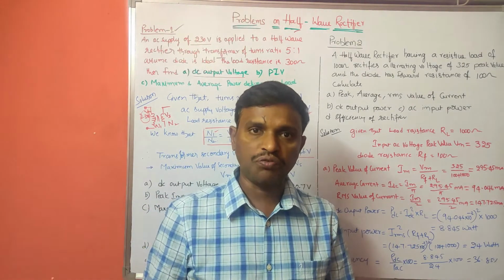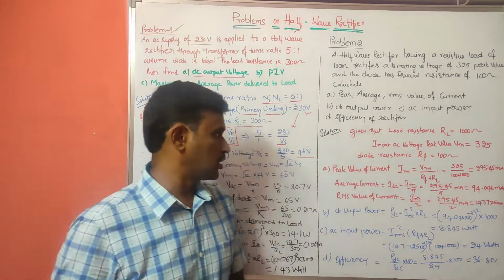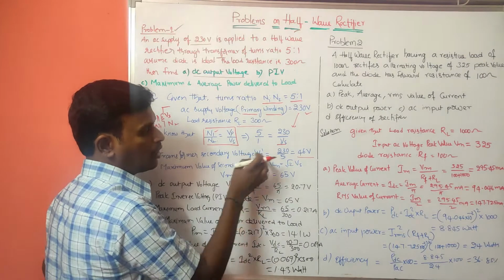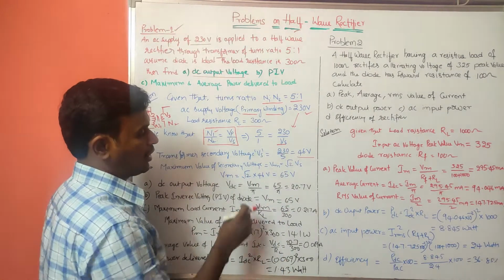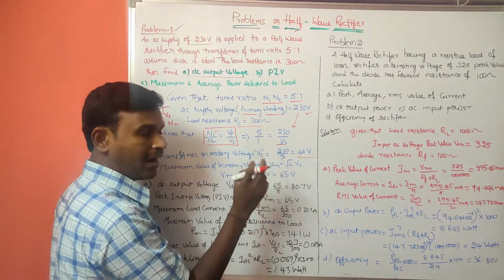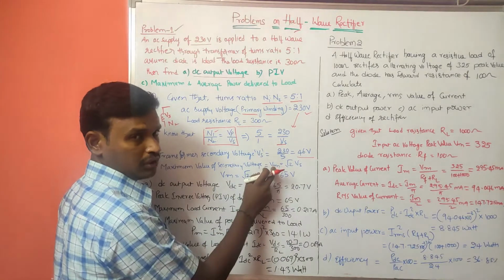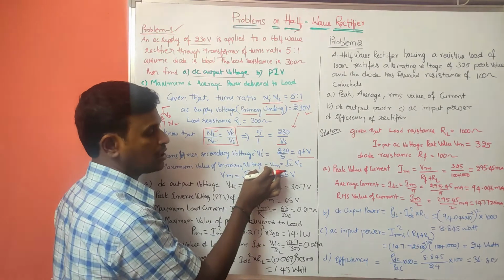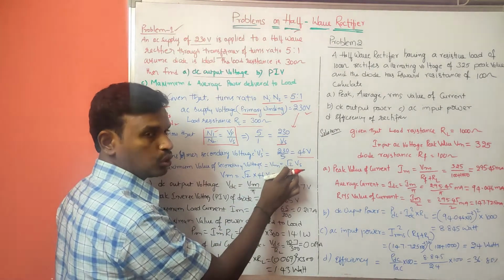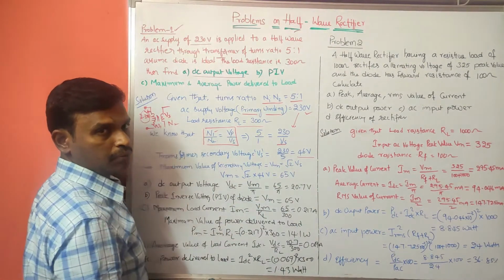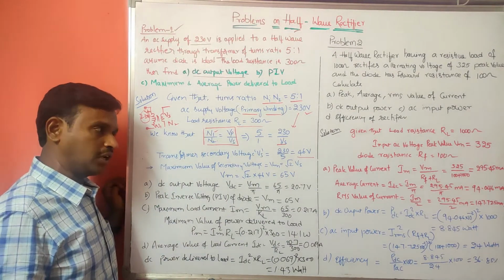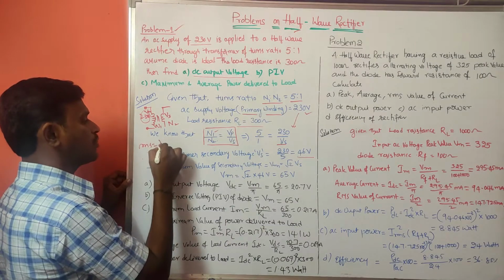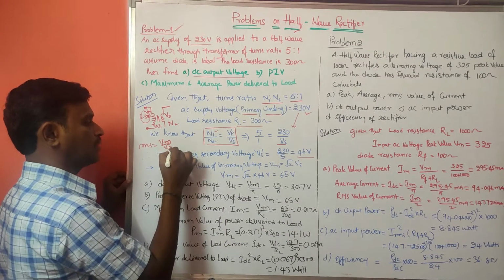So now we got the transformer secondary voltage, but we didn't get the peak value. The peak value is nothing but Vm. We have the relation between the transformer secondary voltage and the peak value, Vm. The maximum value of the secondary voltage is Vm is equal to root 2 times Vs. Generally, the RMS value is Vm by root 2 for the secondary winding.